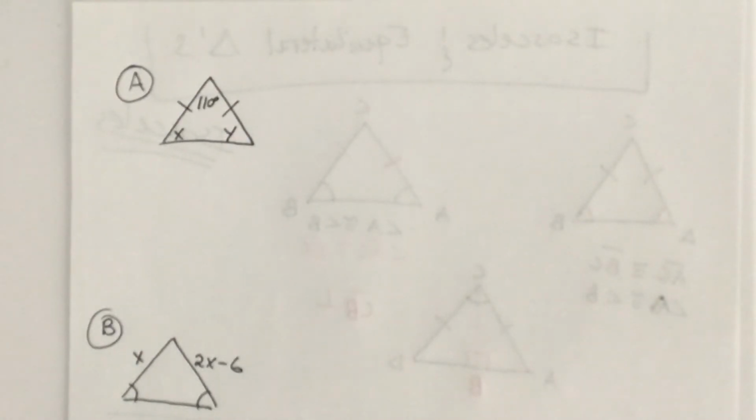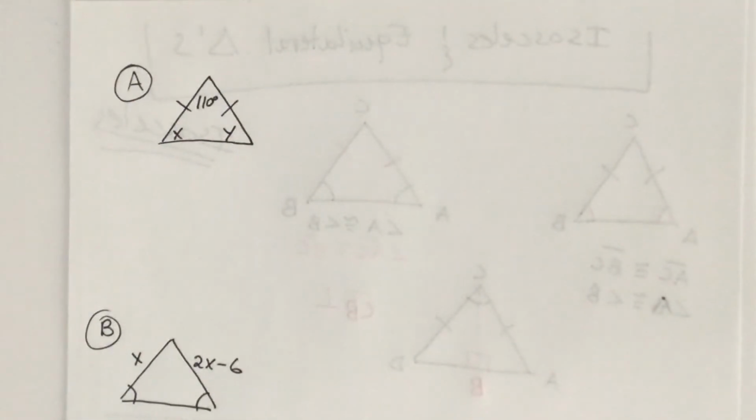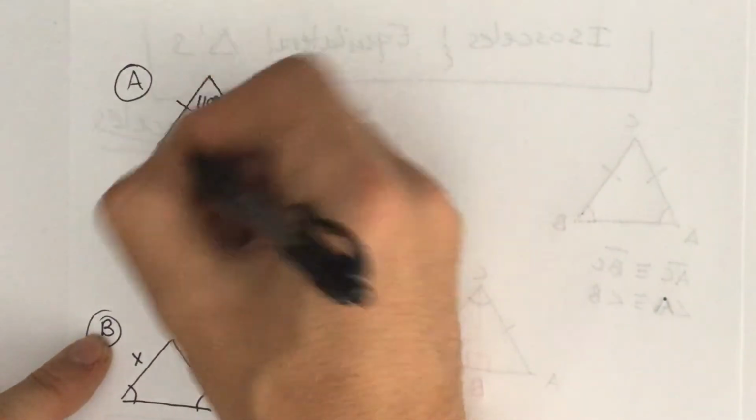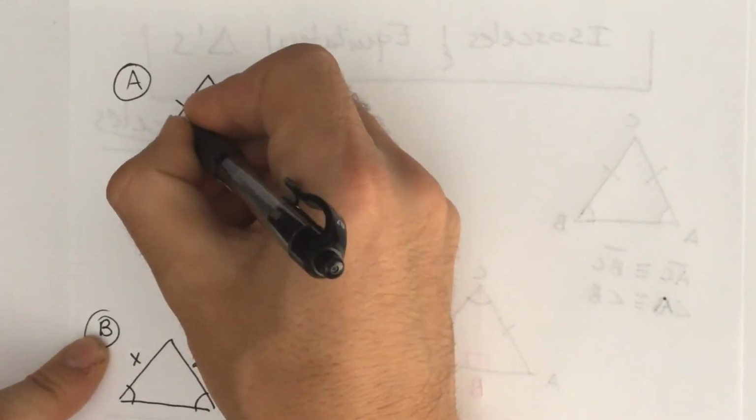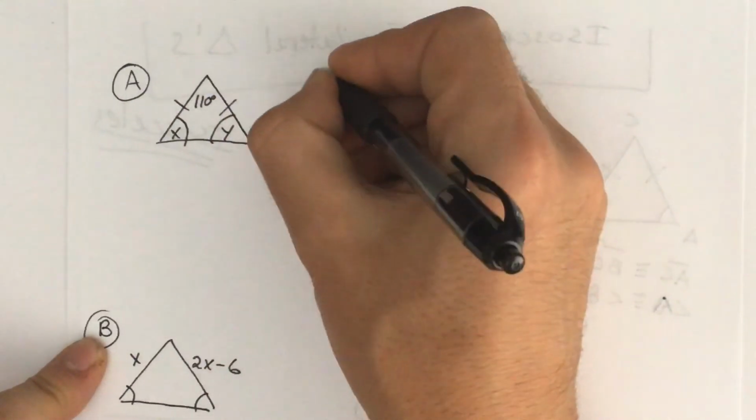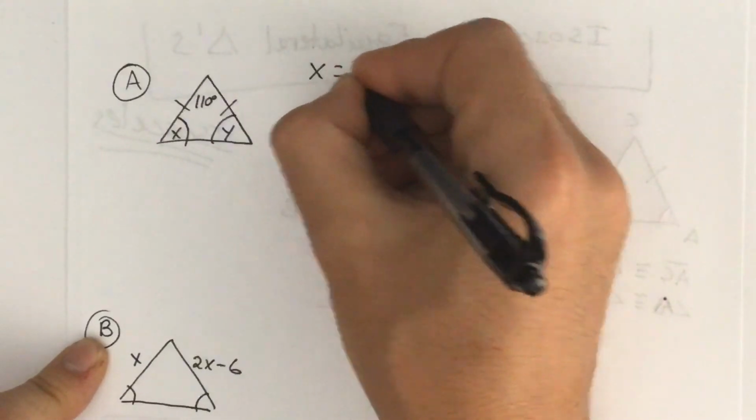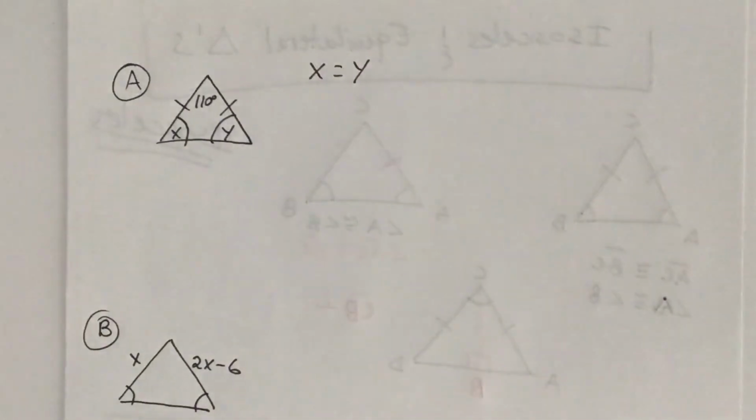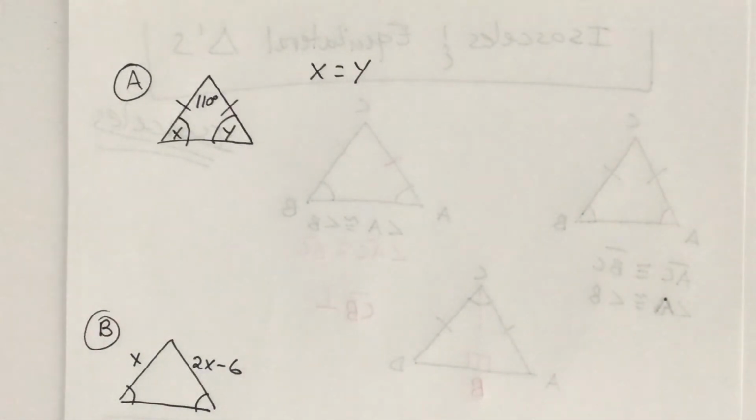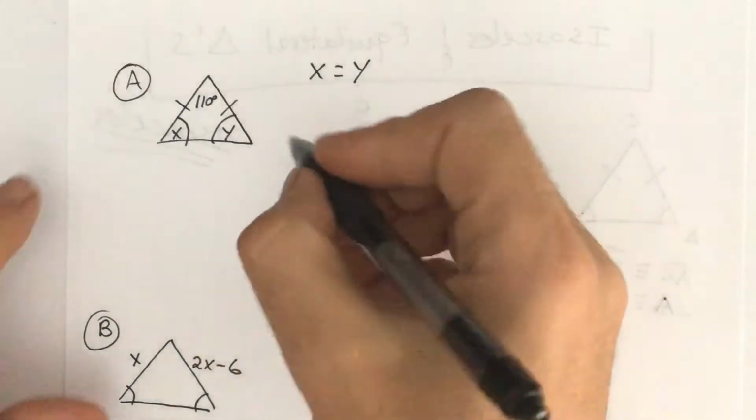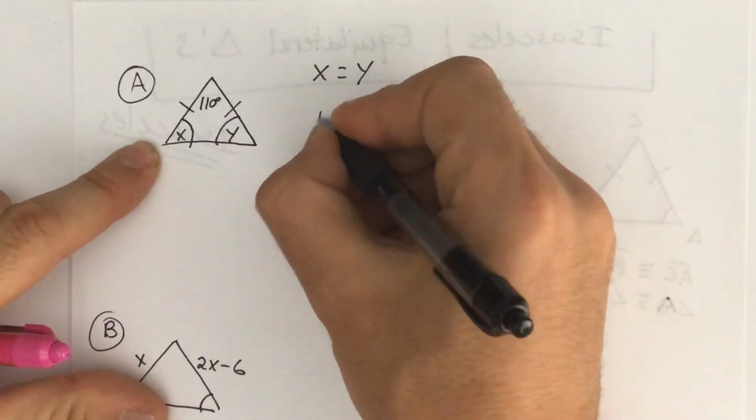All right. So again, we got an isosceles triangle. So that means if this side is equal to that side, that means that this angle is equal to that angle. So we know that X is equal to Y. So I can make a substitution. So in this case over here, I know that 110